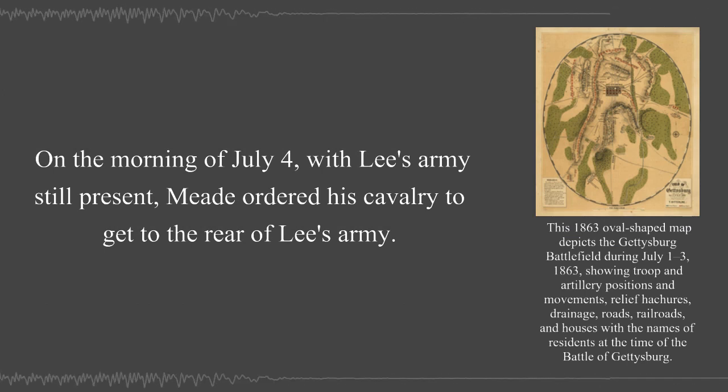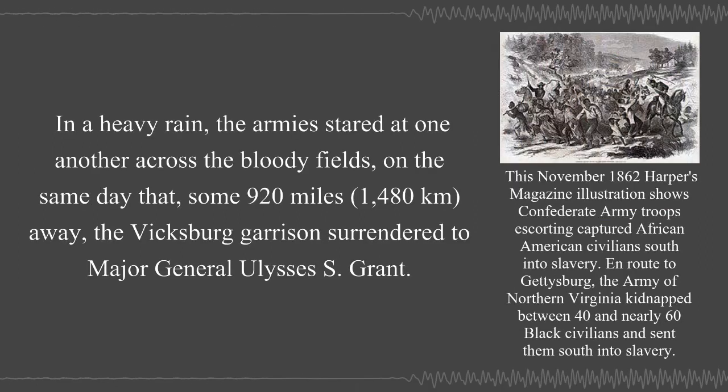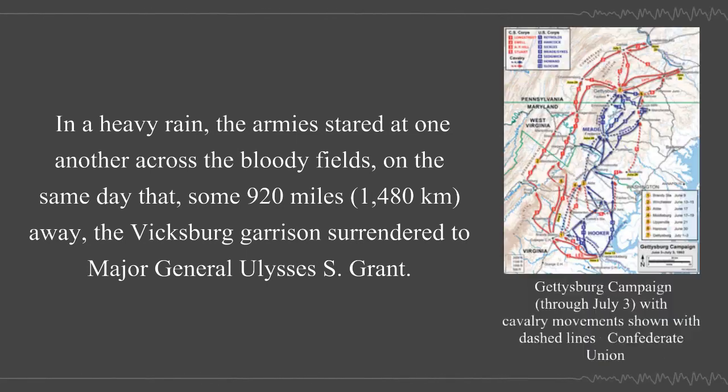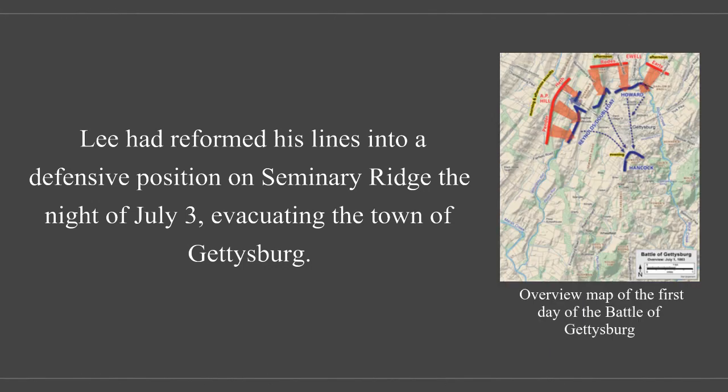On the morning of July 4, with Lee's army still present, Meade ordered his cavalry to get to the rear of Lee's army. In a heavy rain, the armies stared at one another across the bloody fields. On the same day that, some 920 miles, 1480 km away, the Vicksburg garrison surrendered to Major General Ulysses S. Grant, Lee had reformed his lines into a defensive position on Seminary Ridge the night of July 3, evacuating the